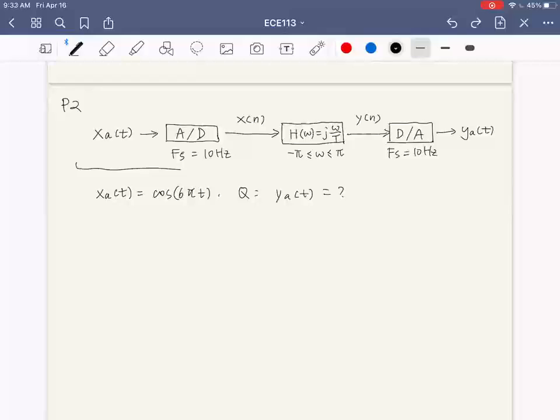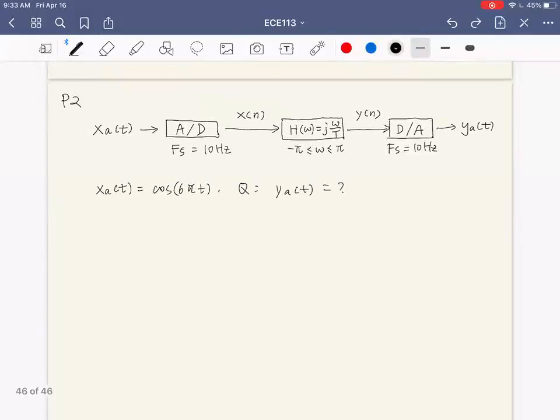So it seems like a long way to get Y of t, but it won't be that scary if we break it down into blocks. All right. And to save you from computation, let's recall what our professor said about converting the cosine into the frequency domain. So I hope you guys remember that